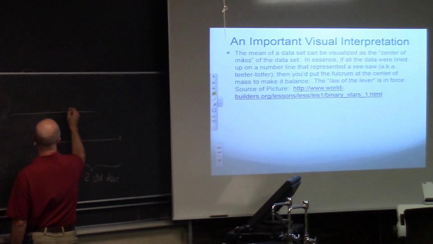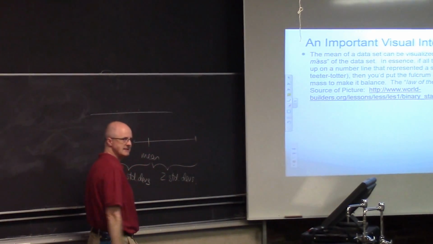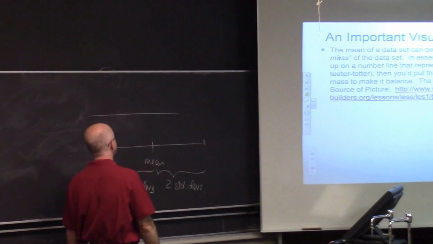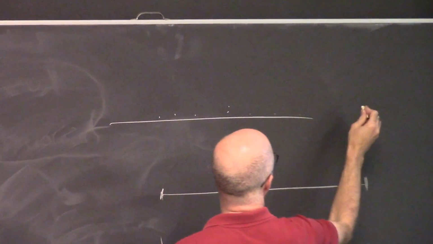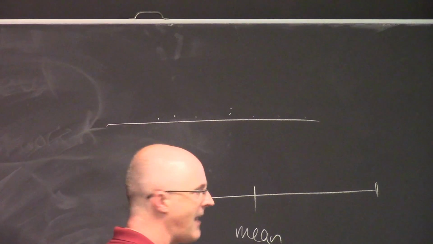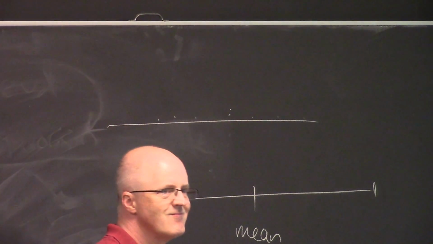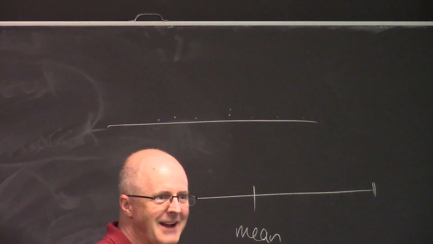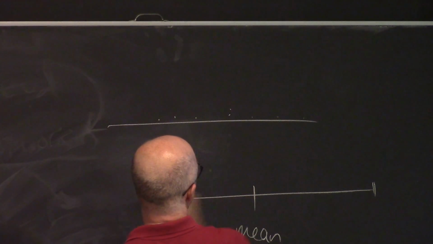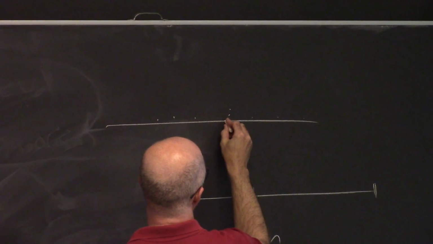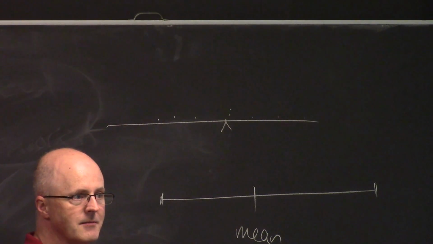You've got some data on a number line. There could be repeats, so you might imagine putting a dot for a data point that's a repeat directly above a previous value. Where is the mean? It's the balance point. If you imagine the number line as being a teeter-totter or a seesaw, a really thin one, say, so it's got practically no mass. Of course, such a thing is not possible to make. You want to put the fulcrum at the center of mass to make it balance. I don't know, maybe right about there. And that location would be the value of the mean.